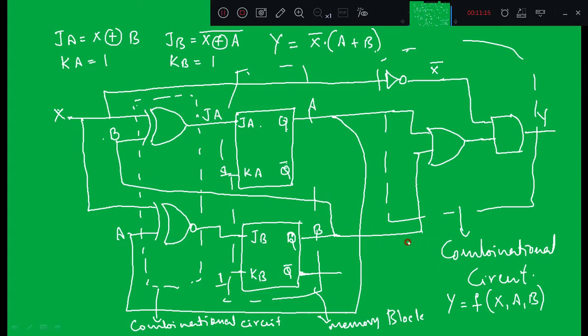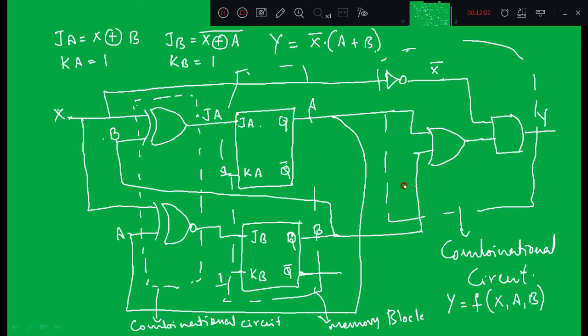It is very simple. It is very similar to the design of counters. Only the difference here is we are going to take one more input which is called the present input, right? So depending on that present input and the present state of the flip-flops, we are going to design the circuit, right? So we have two extra columns, one at the input side, one at the output side. At the input side we call it the present input column, and at the output side we call it the final output. So along with JA, KA, JB, KB, we have one more column which is called the actual output or the final output, right? This will be the output of this final combinational circuit, right?